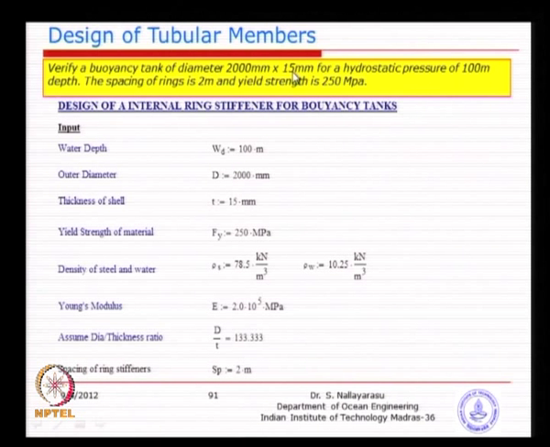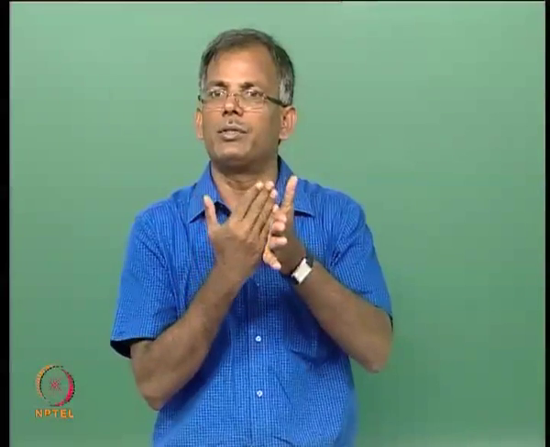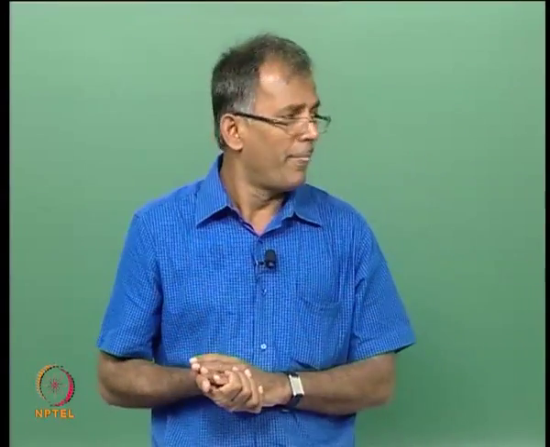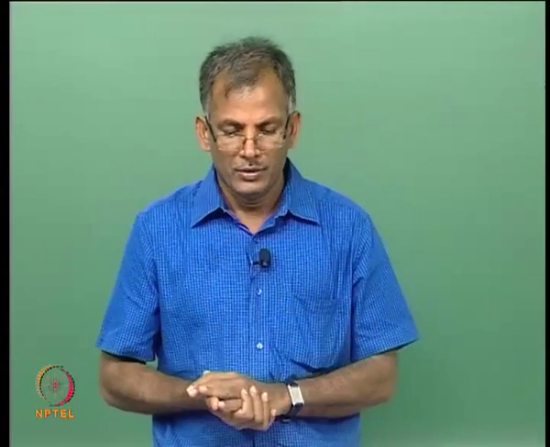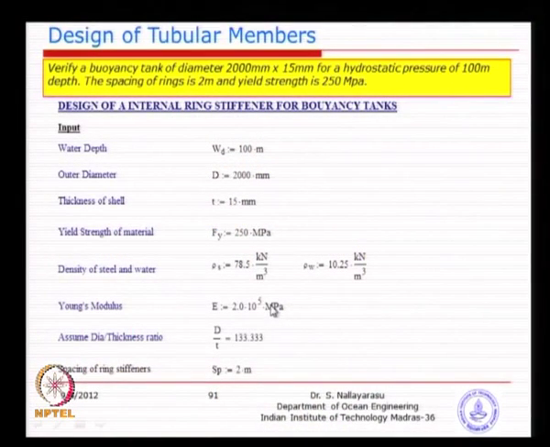You can't have a stiffener thickness greater than 15. I think if you have studied, or probably I will explain one of the days, when you are trying to weld a thicker plate to a thinner plate, the thinner plate will burn away during the heating process. So, you cannot have the second plate which is going to be welded bigger than the parent plate; practically it is not possible to weld. So, you should have the stiffener less than 15 mm, and then